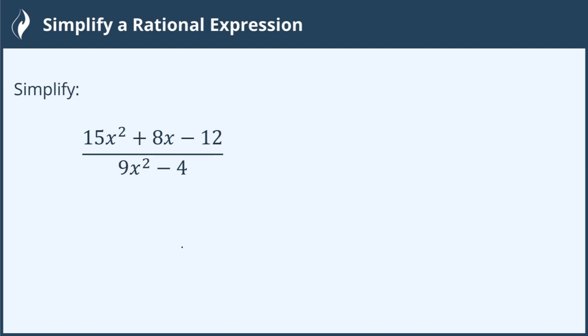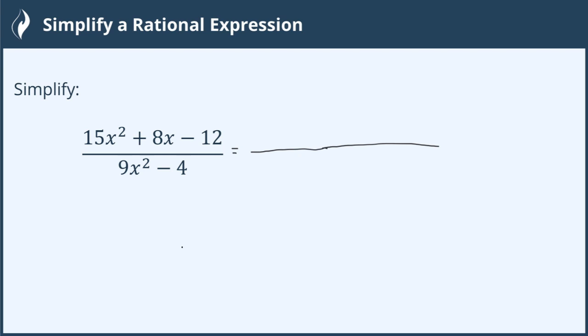Let's simplify this rational expression. The goal of simplification is to cross out terms that are the same on the top and the bottom. Before we can do that, we need to factor both the top and the bottom to look for like terms. Now the top is a little bit complicated in terms of factoring, so I'm actually going to focus on the